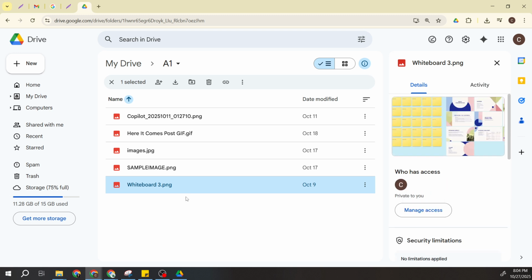If you just want to make a duplicate to have in another part of your drive without removing the original, you'll need to copy. To do this, press the Ctrl key and the letter C at the same time on your keyboard. This command tells your computer to remember this file or folder and that you intend to make a